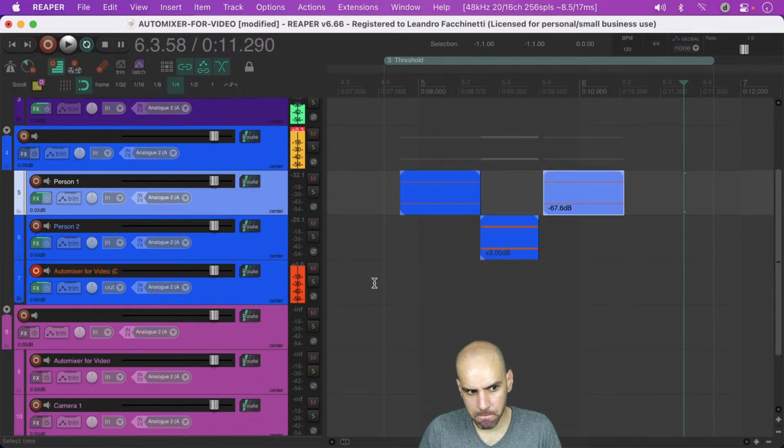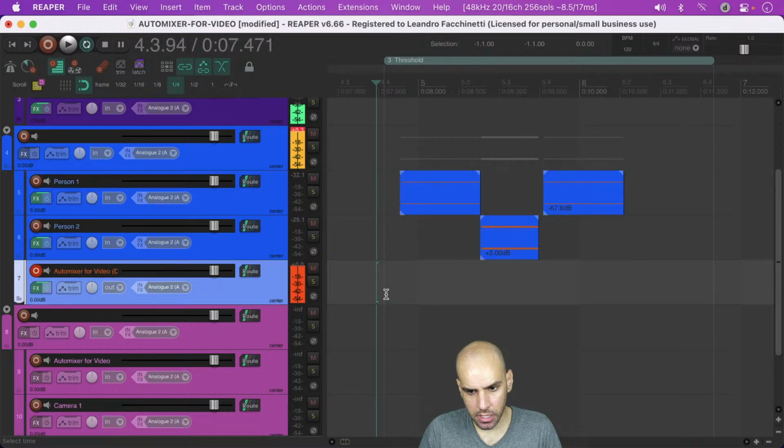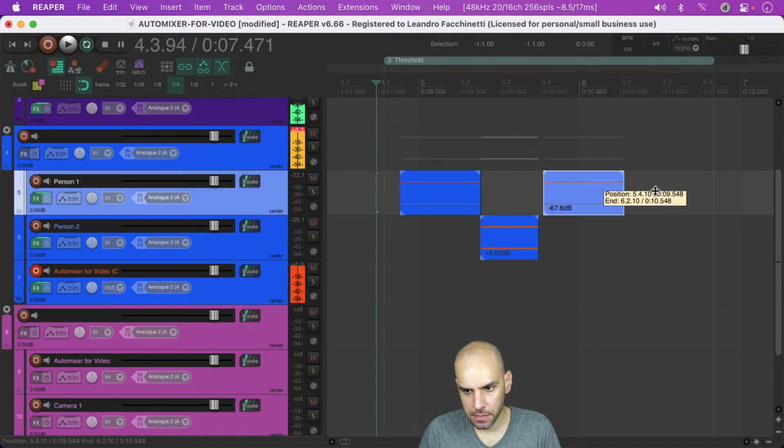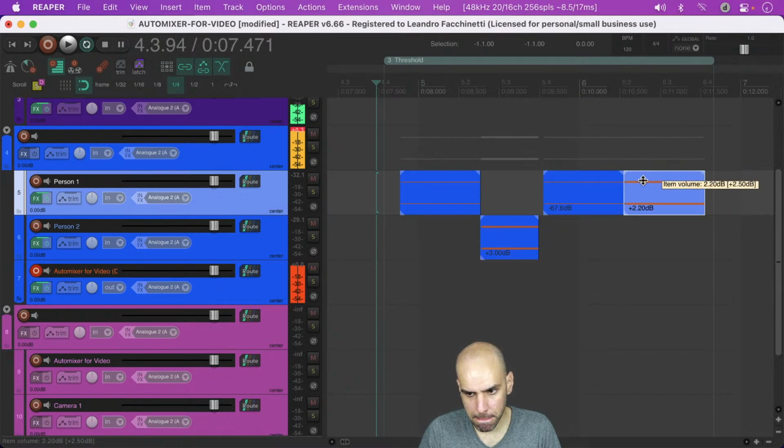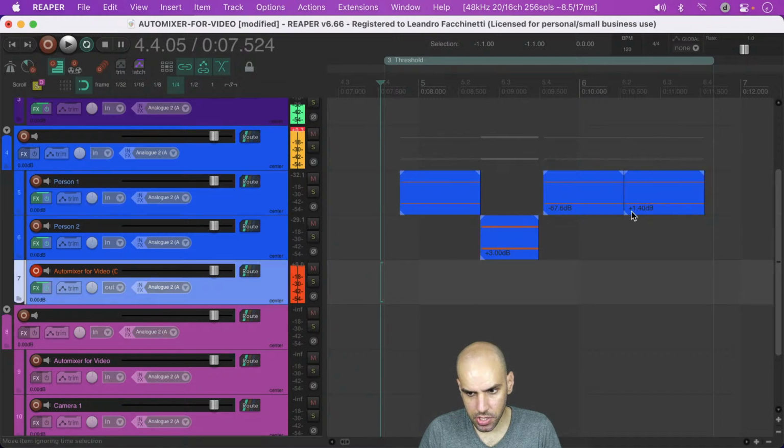And I will want to test this below and above the threshold. So I'll have one item here below the threshold and one item above the threshold. And the scene transition is only going to occur after we reach this part.